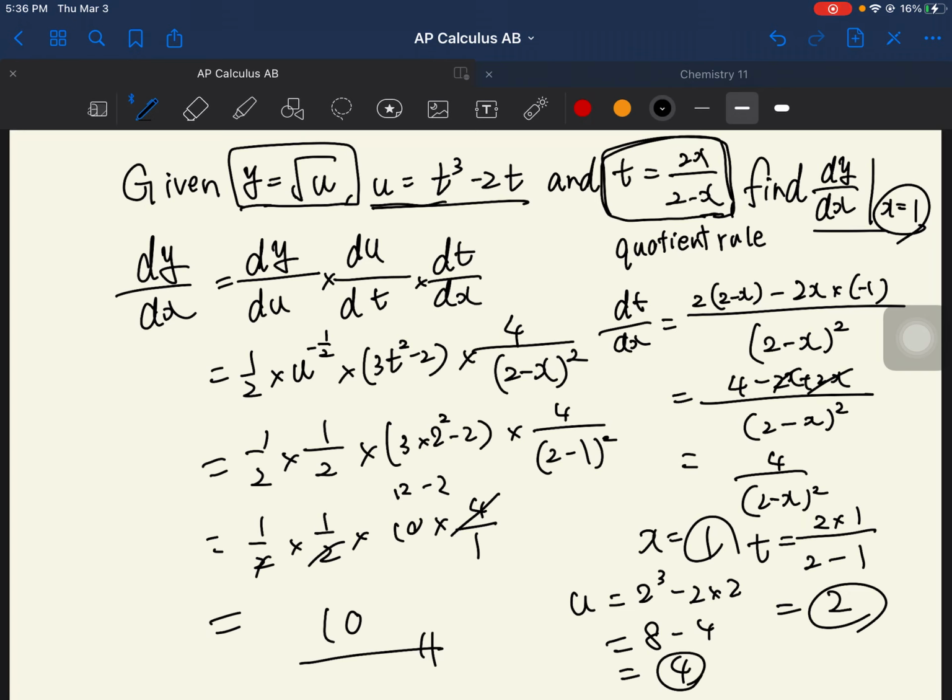We cancel the 10. The answer is 10. That's it. So it looks a little bit complicated, but if you use chain rule like this,